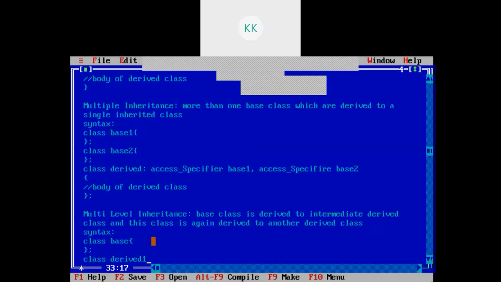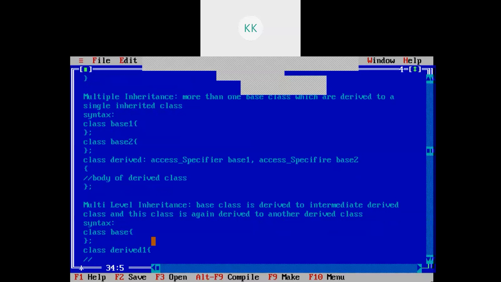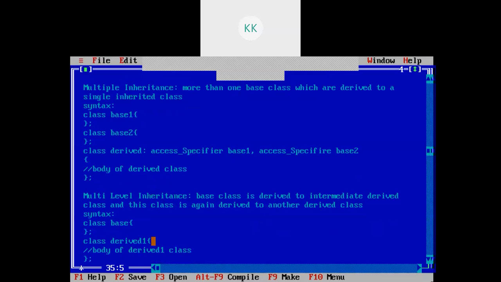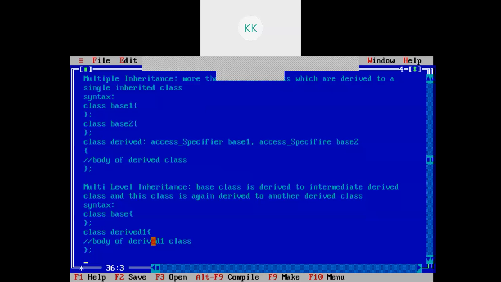We will call it derived 1, with the body of the derived 1 class, and again here we need to write the access specifier and base class.